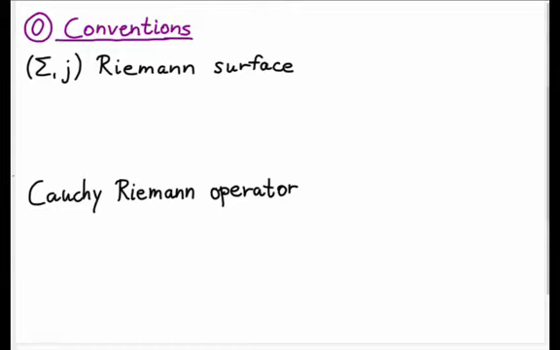So a Riemann surface for me is an oriented two-manifold. I'm not going to say closed here, because